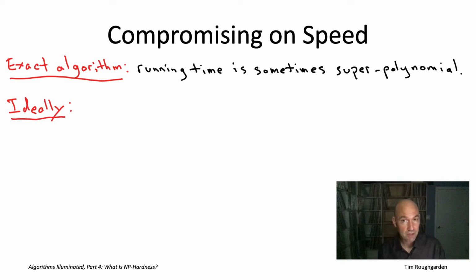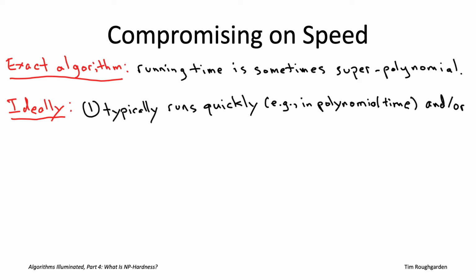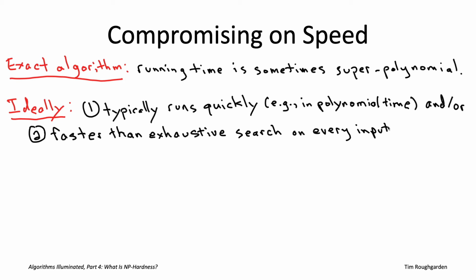So that could mean a couple of different things. One thing it could mean is that the algorithm typically runs quickly, like say in polynomial time or maybe even a low polynomial time, at least for the inputs that tend to show up in your own application. So maybe not always, but most of the time, you're seeing very fast running times. You might also hope for a provable guarantee, which says that for every single input of the problem, you are guaranteed to run faster than exhaustive search. Now, in the second of these two cases, where we're beating exhaustive search for every single input, we should still expect the algorithm to run in exponential time in the worst case. After all, the problem is NP-hard.